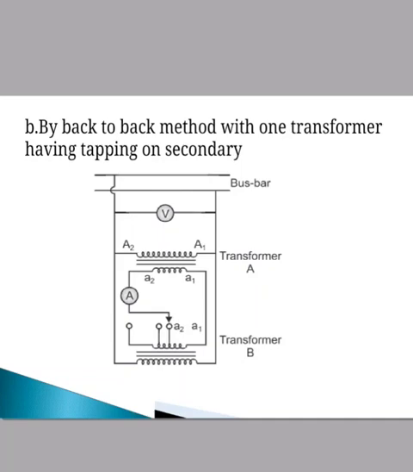Then the primaries of A and B are connected to the rated voltage and the secondaries are connected in phase opposition. By changing the taps on transformer B, full load current can be circulated through the secondary winding, which will cause full load current to flow through the primary winding also. After achieving constant steady state temperature, the rise in temperature can be determined. As previously mentioned, we use the formula to find the temperature rise.